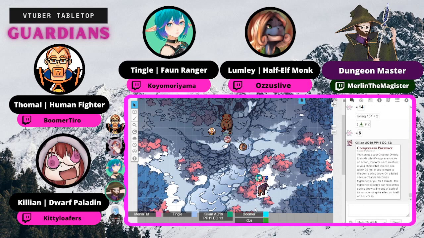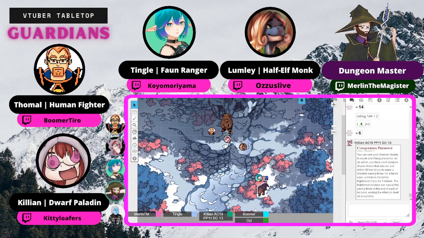I'm on it. The wolf, natural 1. The bear, natural 7 for a total of 8, which I believe fails. Are both of them frightened of me for 1 minute, and they can repeat their saving throw at the end of their turn. No problems. I'd be ending the turn.